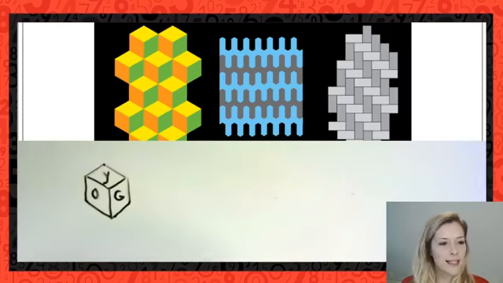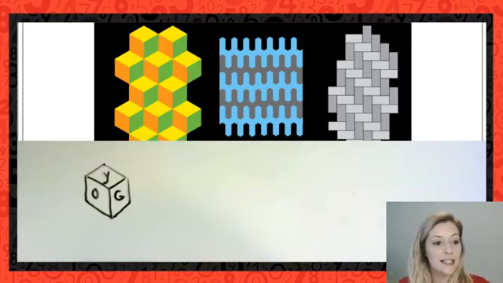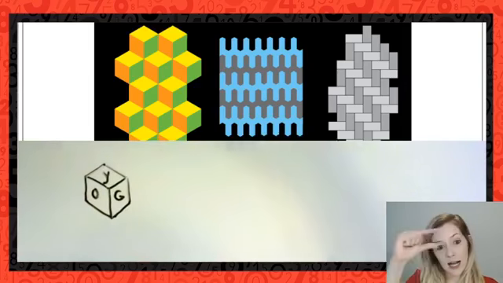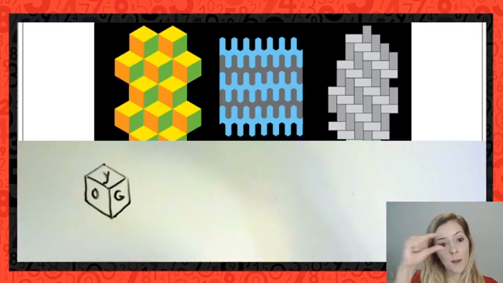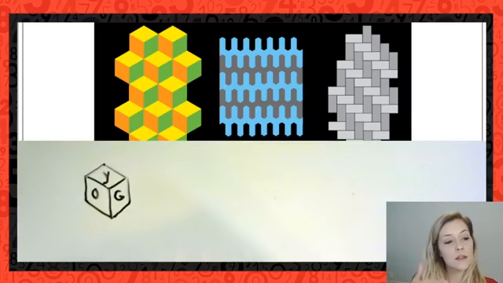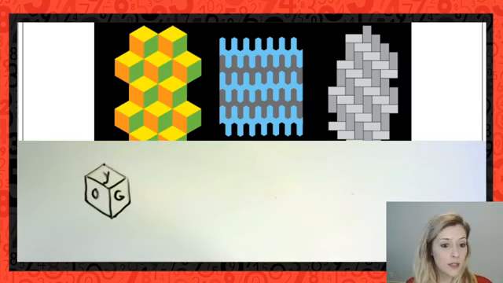Okay. Let's go to that second one there, so the blue and the gray one. That one might be fairly, depending on how you look at it, and that's the beauty of tessellations, everyone, and artists in their own way, will be able to look at these designs and see the tessellations as different images that are being repeated. So you might see that entire line at the top there is what's being repeated, so it's being translated downwards.